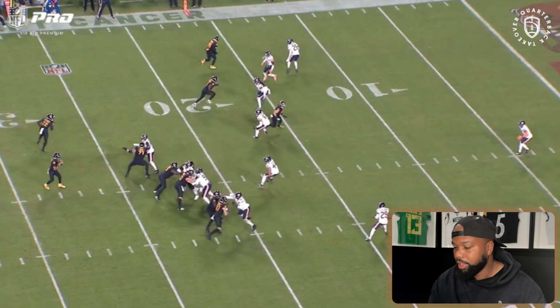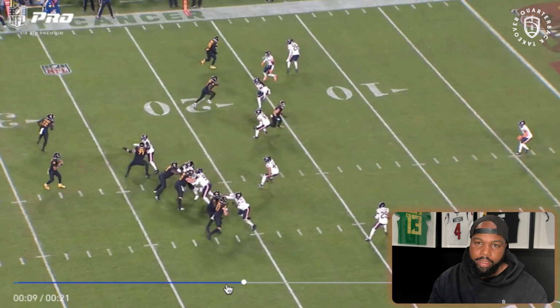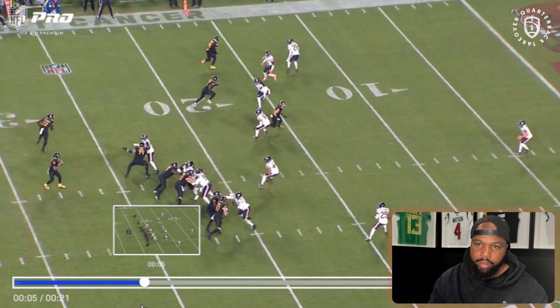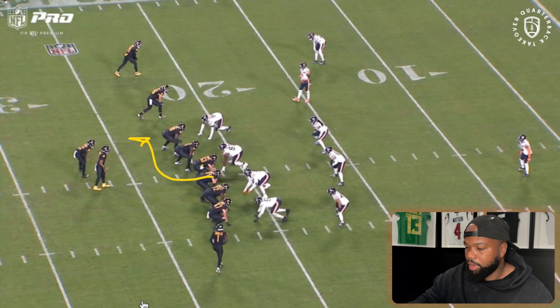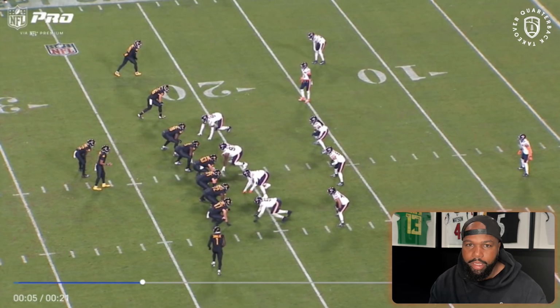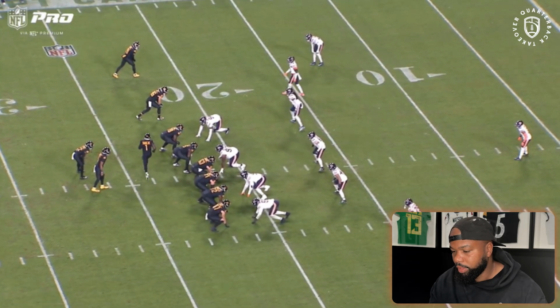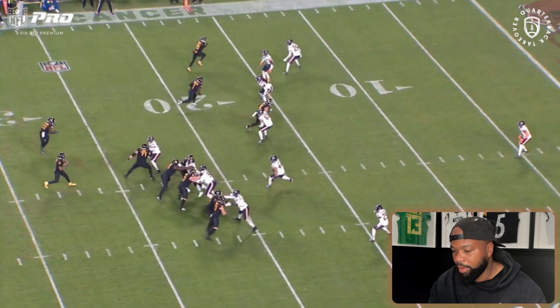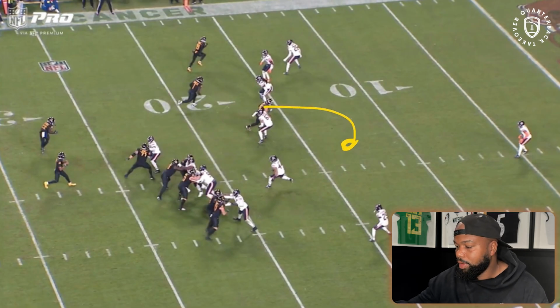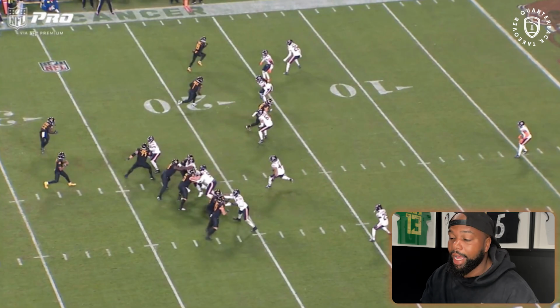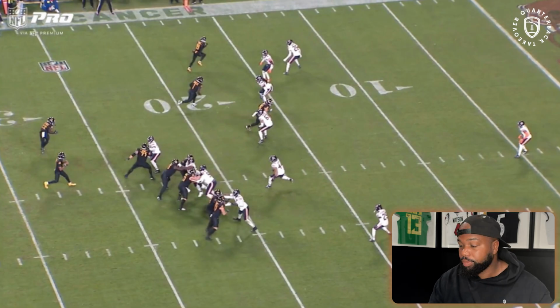So we are going with this counter action protection, okay? So we are going to send a blocker here, we're going to protect this up, and we're going to give the feel that we're running this toss sweep. So cool, we got a lot of action going that way. Now we have Ertz, he's going to be running this sit OTB over the middle, and we're going to be in a one high zone defense. Now,